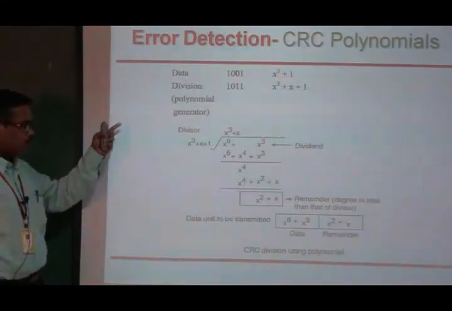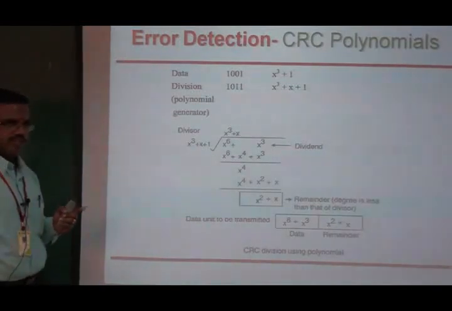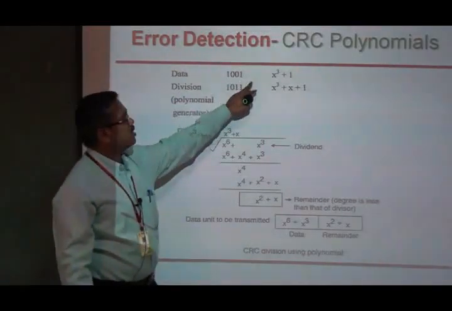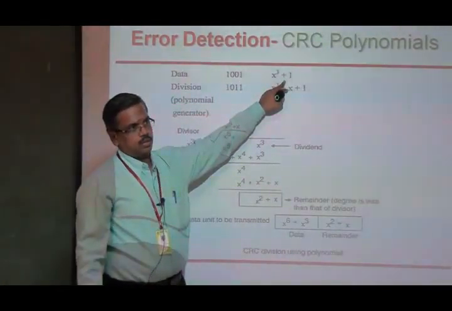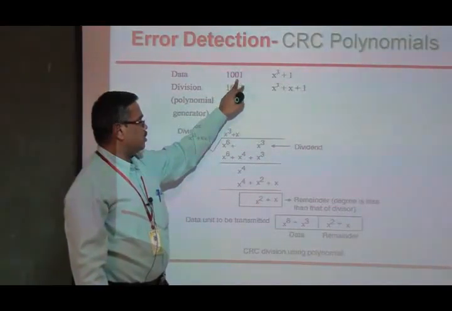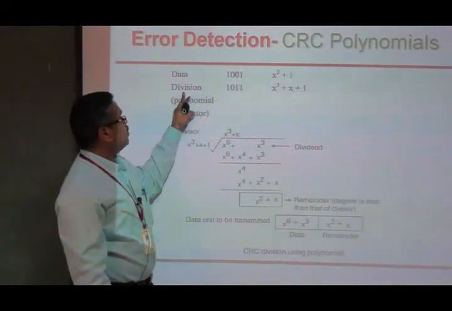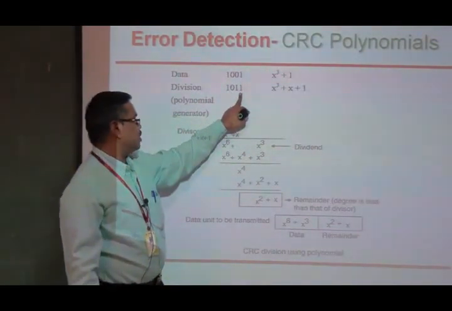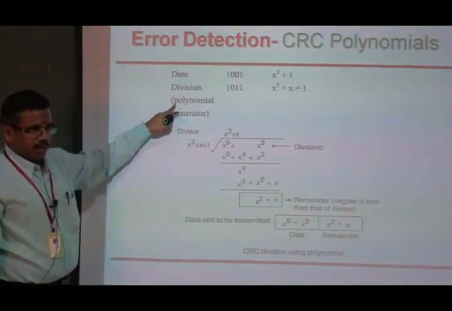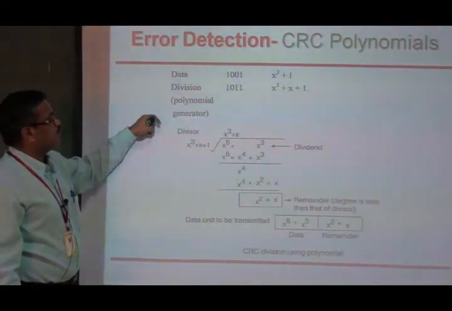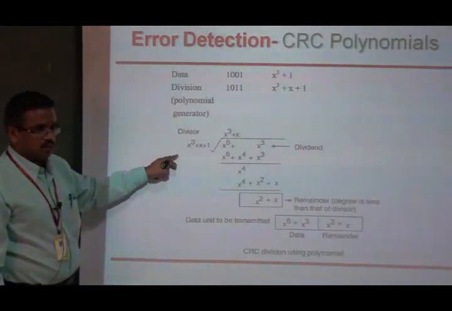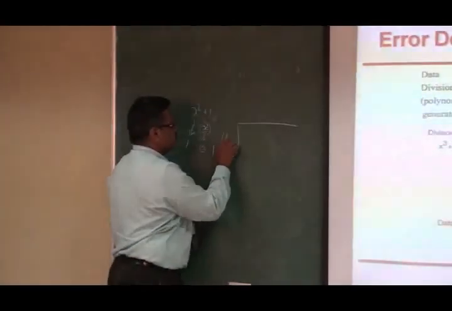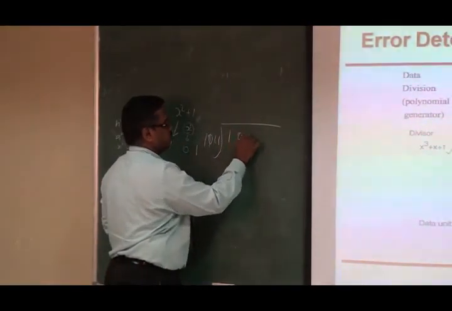So here is the polynomial checking. How does the CRC work with polynomials? If you are converting, see the data is x cube plus 1, so when you are converting, 1 0 0 1. The division, x cube plus x plus 1, 1 0 1 1 is given. So this is the predefined binary number, the divisor. Okay, so this divisor you can take it as here. So when you are performing the binary division, 1 0 1 1, here 1 0 0 1,